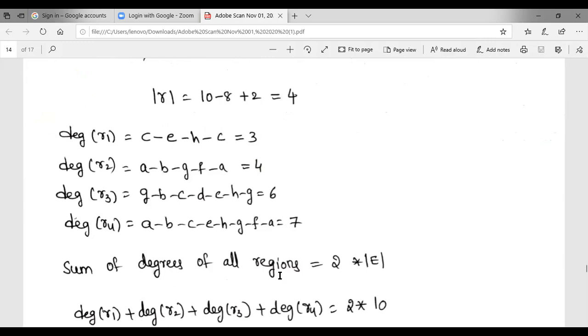So the sum of degrees of all the regions. How many regions are there for the given graph? 4. So the sum of degrees of all regions is equal to twice the number of edges in a planar graph. So this is the